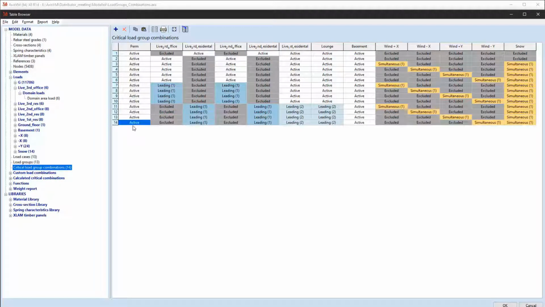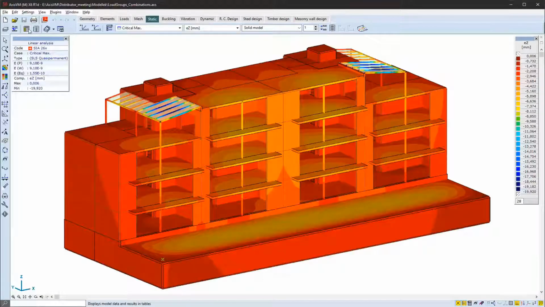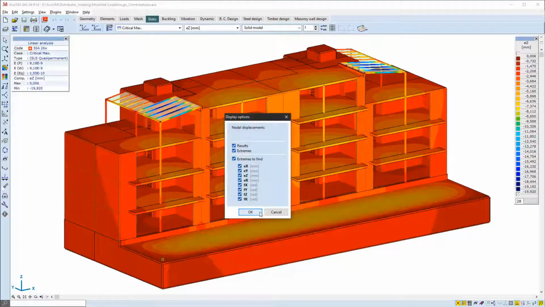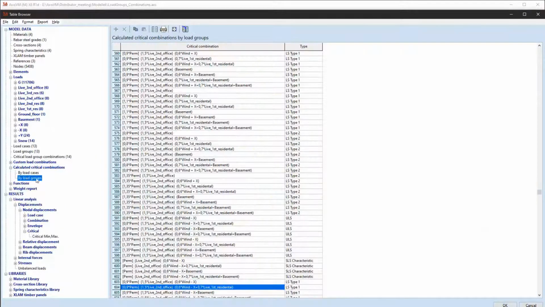Let's assume that we have covered all the necessary types of load combinations we want to generate for our structure. In this case, on this particular model, using the custom rules, we have 978 load combinations generated, which is quite a lot.